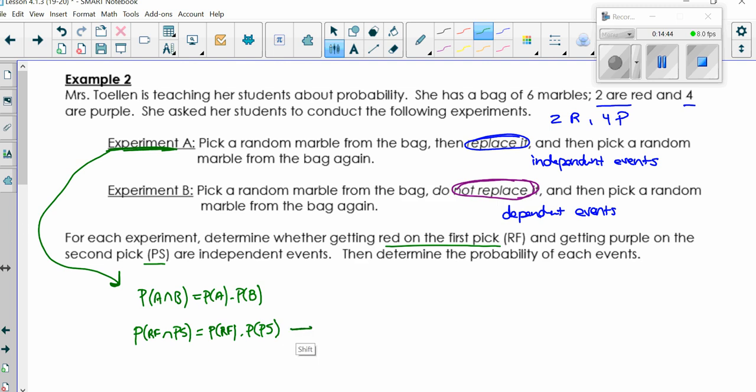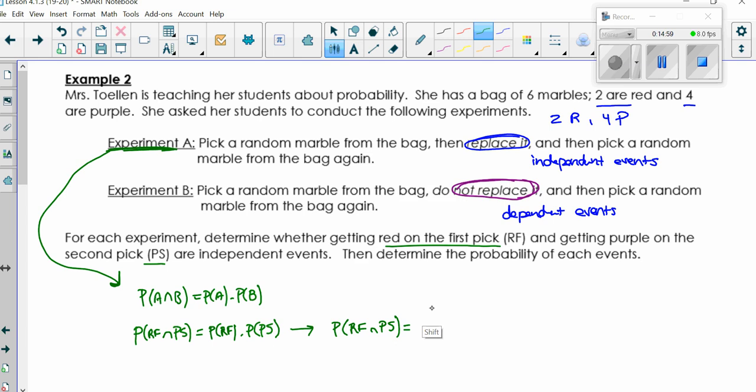Okay, so then determine the probability. So the probability of this, so red first and purple second equals, so the probability of a red first